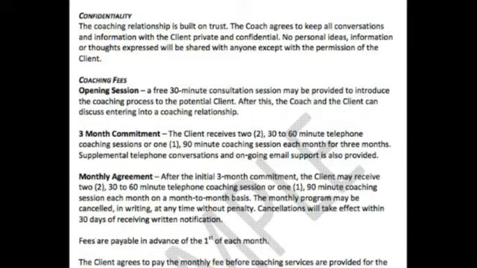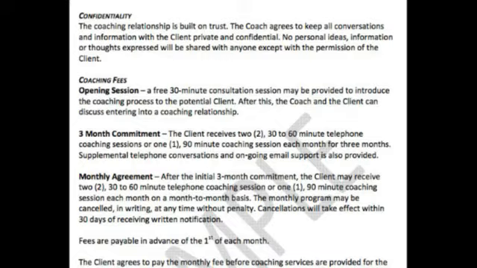There's a free session, and then they discuss entering into it. There's a 3-month commitment, and then there's a monthly agreement. So what is this person agreeing to when they sign this? Have they had their opening session already? Because if they've had their opening session, why is this even on this sheet? It shouldn't be on there anymore, because that just makes it confusing. It needs to be that they're signing up for 3 months and that they're paying X dollars.